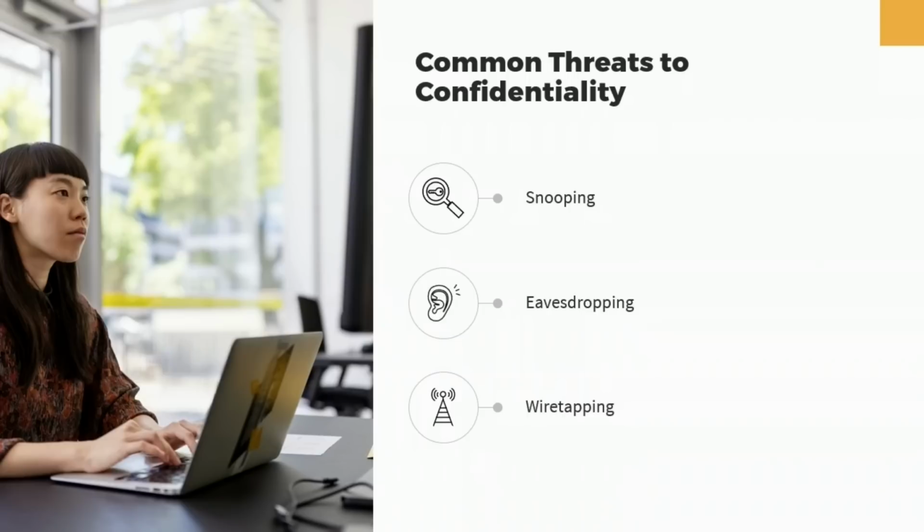But one way or another, it simply involves looking for information that would not normally be available to them. Eavesdropping is similar, but it generally uses more specific methods of network monitoring and other data capture methods to intercept sensitive information. For example, malware implanted on a user's laptop could turn on their microphone or webcam while they're in a sensitive meeting. Or the malicious user could place a hidden microphone in a meeting room while it's not in